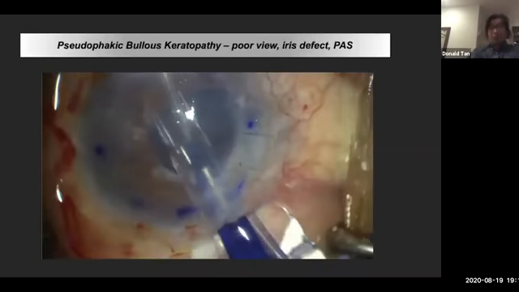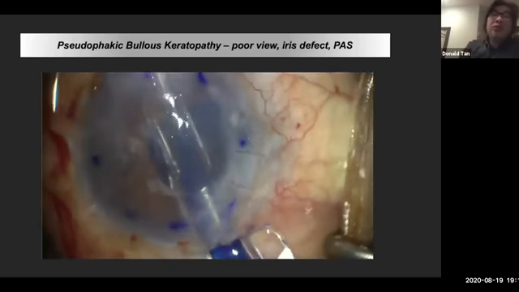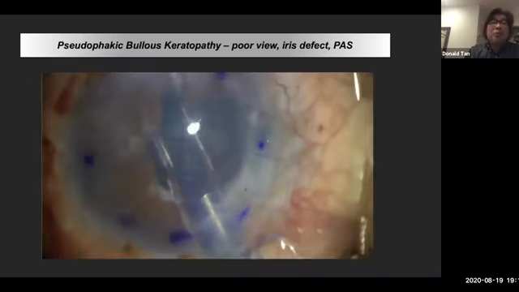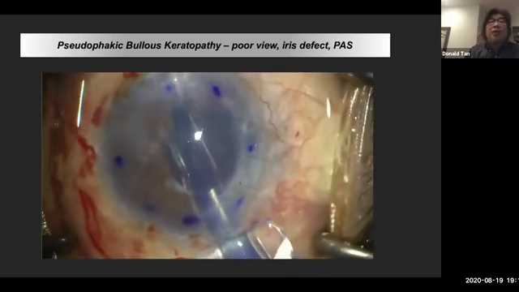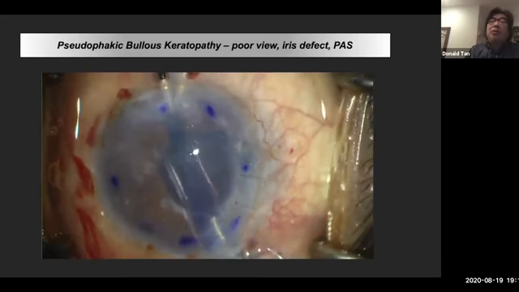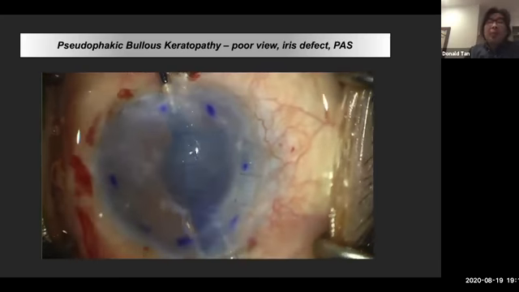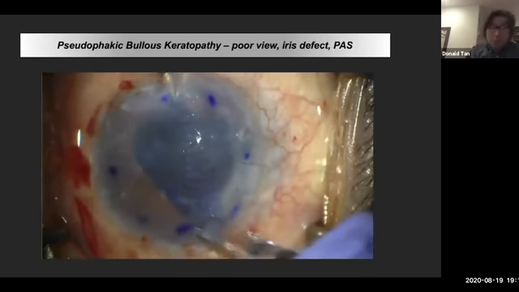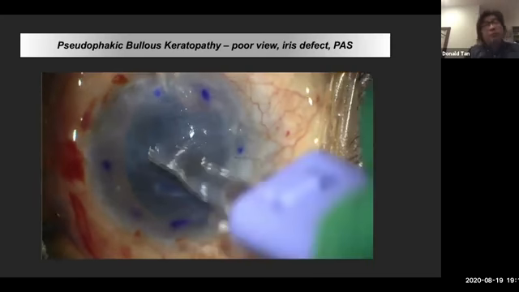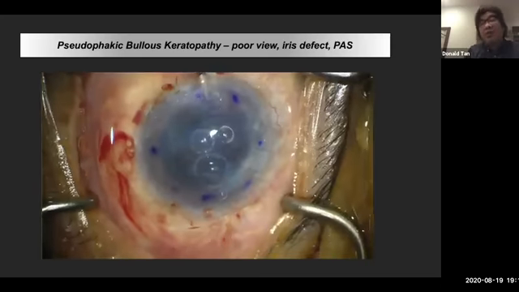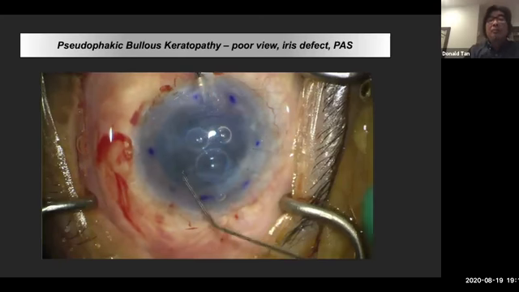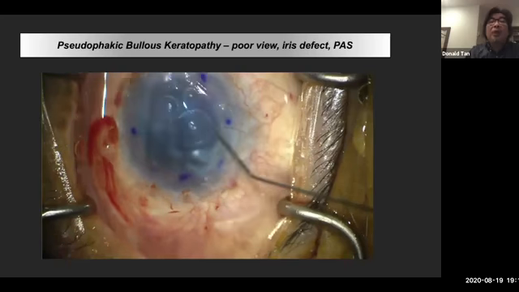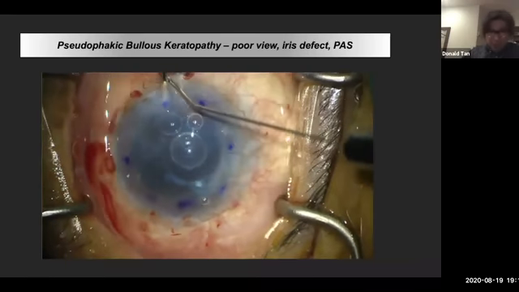Here's a more challenging case. So now we're getting to the more interesting cases, and you can still do this. Here, there's a bit of iris loss, but not too bad. The view is poorer, but the chamber is still more or less normal. There's no peripheral anterior synechia, and you can manage this. And so I started on doing quite a lot of these more complicated cases, including regrafts, vitrectomized eyes, and tubed. And yes, we can do this. All right. And what we would do if there's peripheral anterior synechia is we would break the synechia, remove all the scar tissue in the AC, deepen the chamber again, reform the peripheral angles, and then you can do DMEK in these cases.